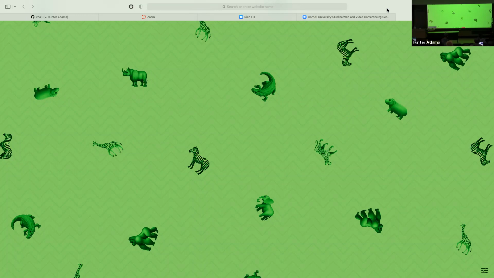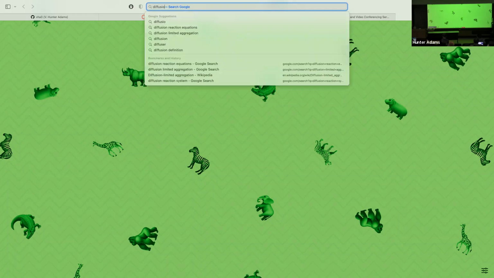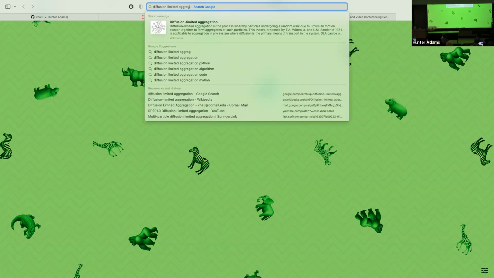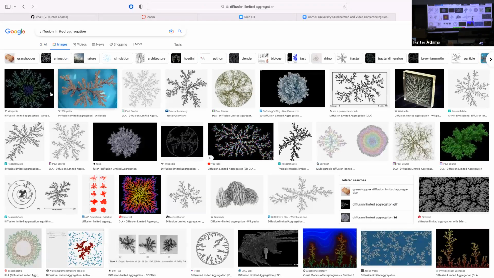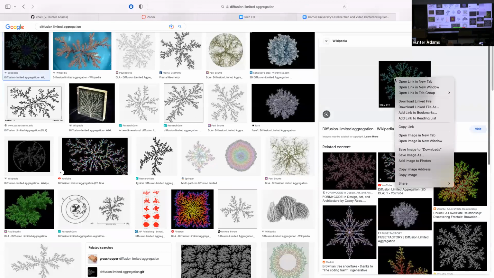The first one on my list here is, have people heard of diffusion limited aggregation? Ever heard of this concept? If you have gotten into your car on a frosty morning and you look at the windshield and it's got this intricate crystallization pattern of ice crystals on the window, diffusion limited aggregation is an algorithm that generates patterns like that. So let me just pull up a picture. You can read about the details of this, but I'll summarize approximately what's going on here.